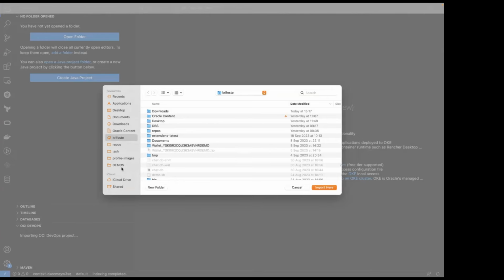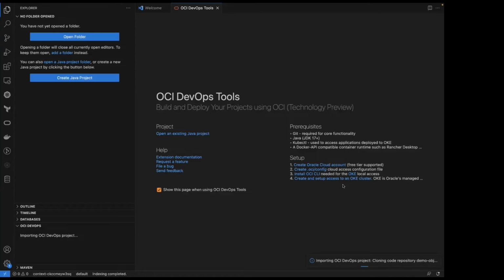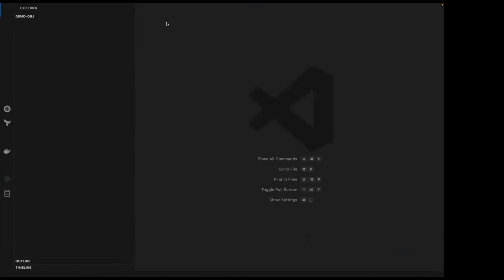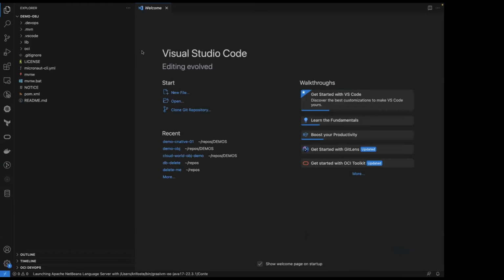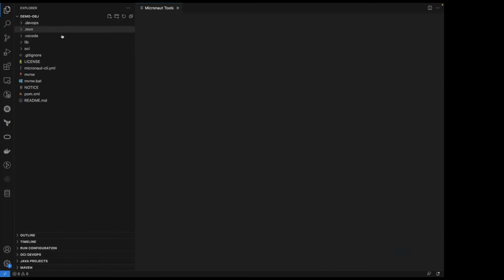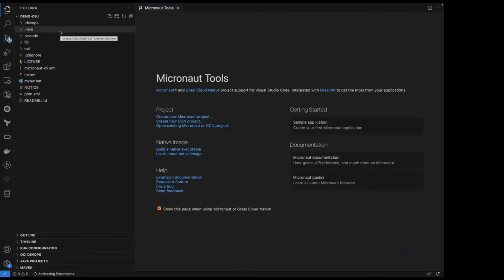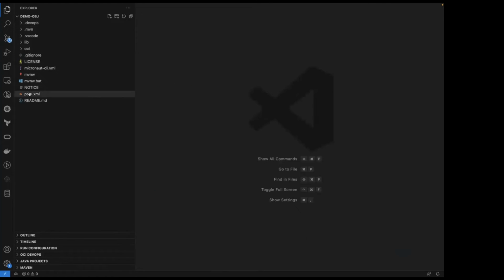And it's going to ask me where I want to have my local copy of that. So I'm going to put it in this imports folder. And you can see down here, it's busy doing something. So all the time it's talking to me, telling me what it's doing, right? So let me just clean up some of these windows. There we go. So it's taken that DevOps project. Say I'm another developer on the team. I've now been able to pull that project locally, and I have all of the code.